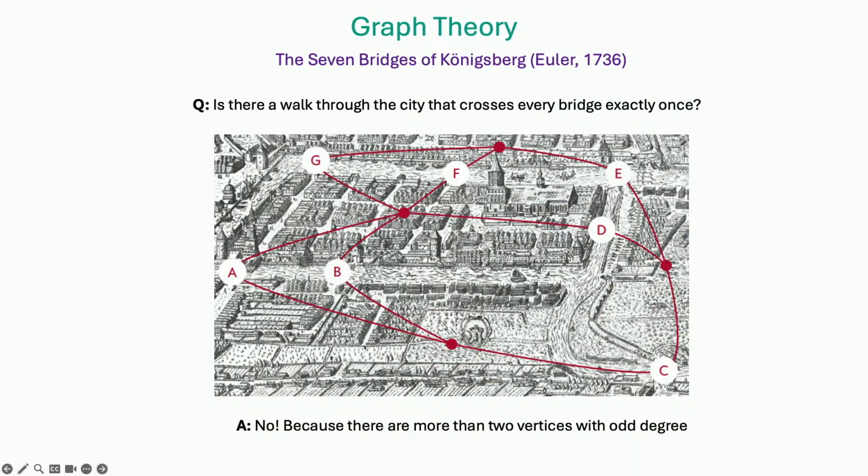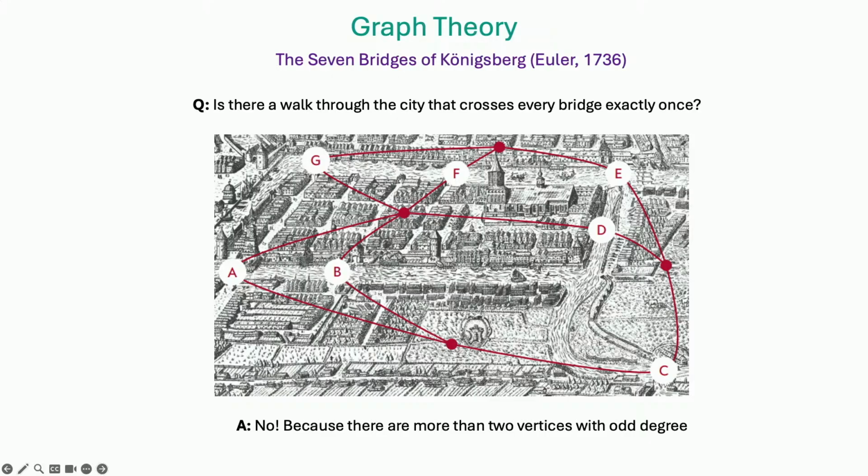This was motivated by the famous problem that is sort of the foundation, the birth of graph theory, right? There was this famous problem about the 7 bridges of Königsberg in Prussia at the time, and the solution was found by Euler in the 18th century.